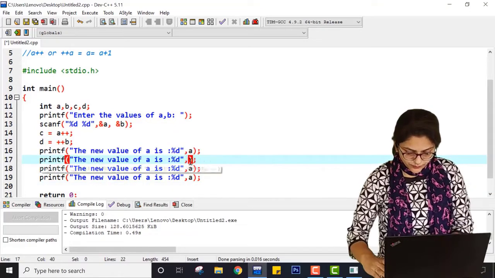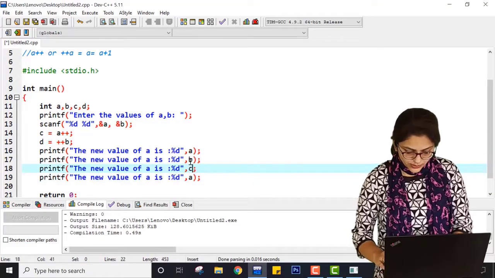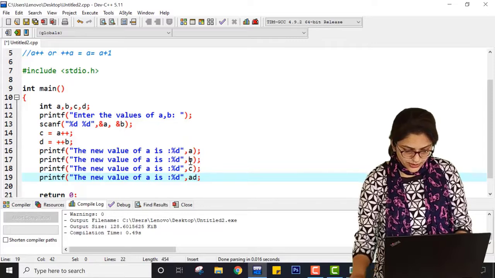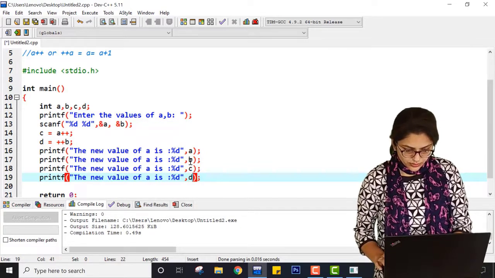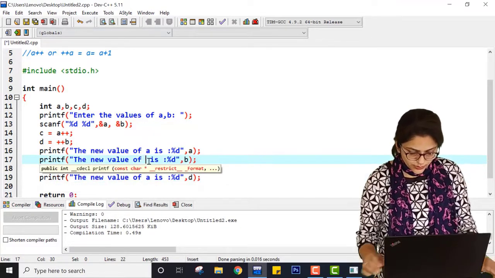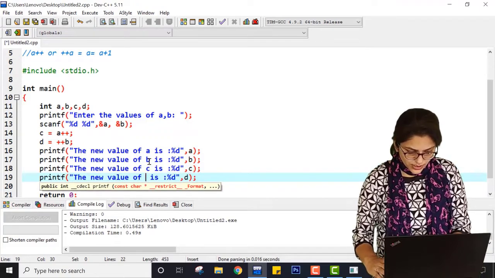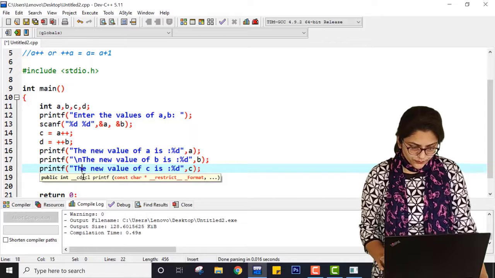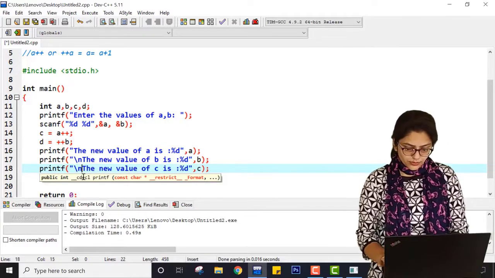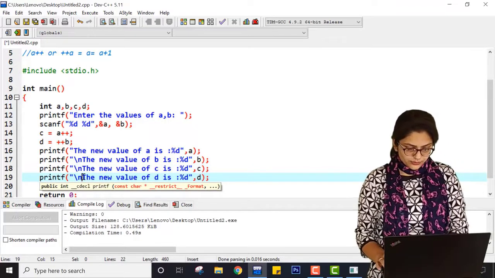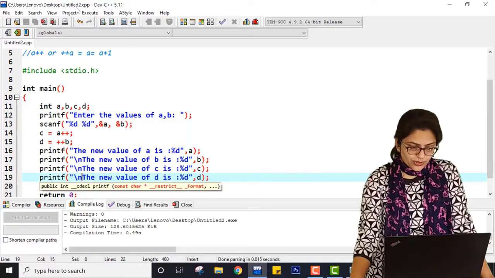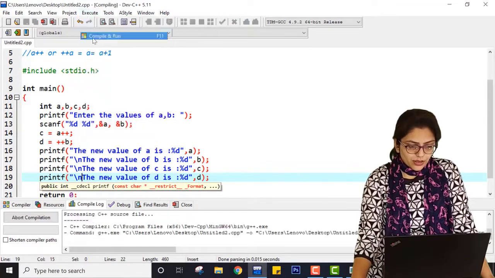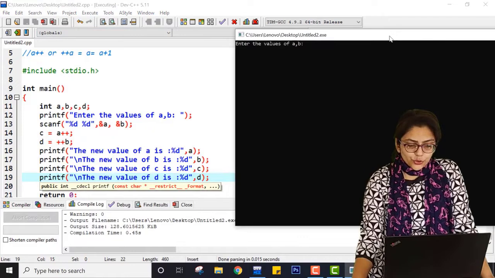Here it will be B, C and D, right? And here it will be B, C and D. Let me add slash n over here. Let me save this program, and compile it and run it.